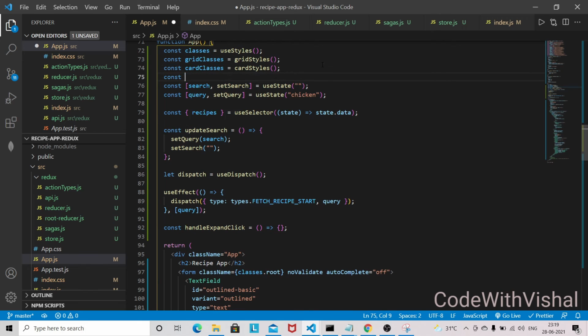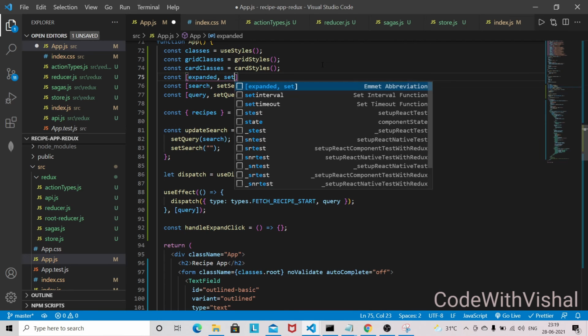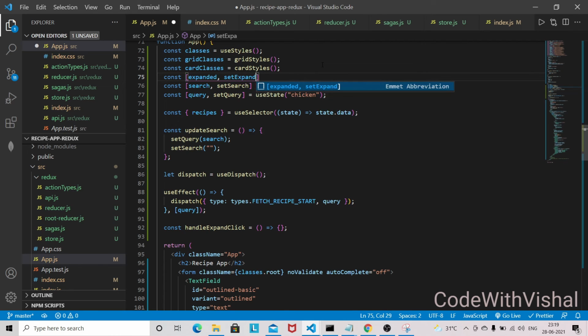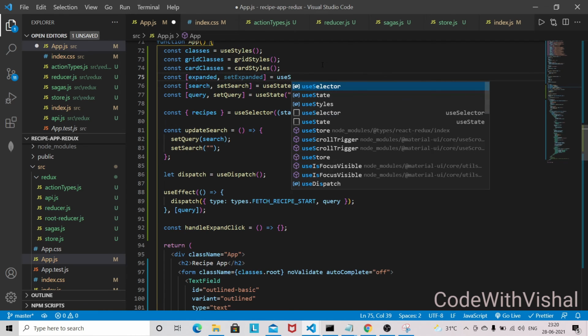So const expanded and set expanded, and this will be by default false.